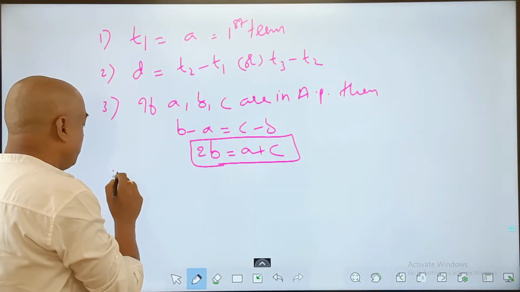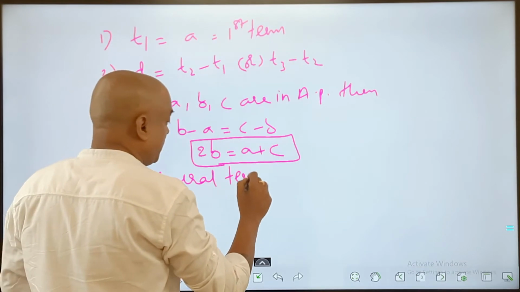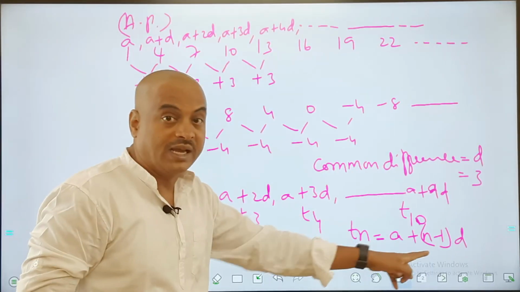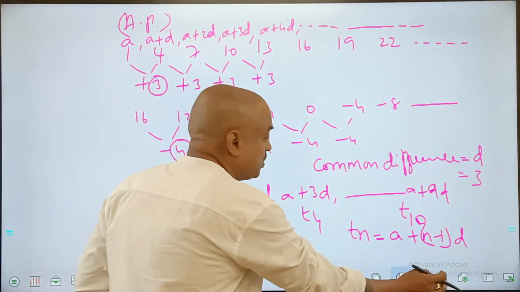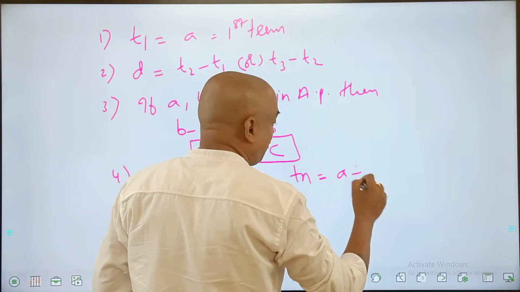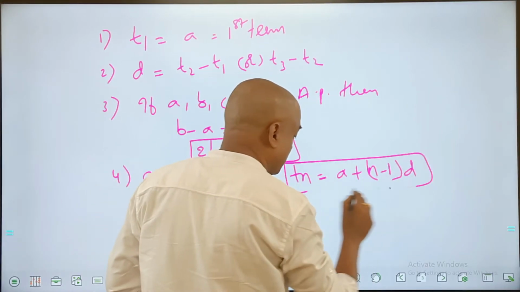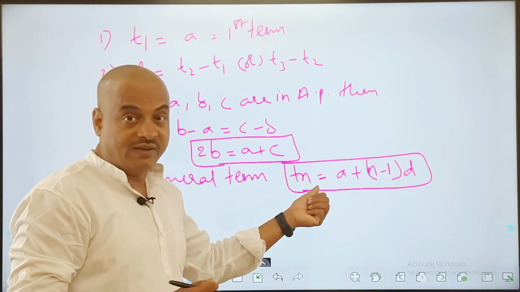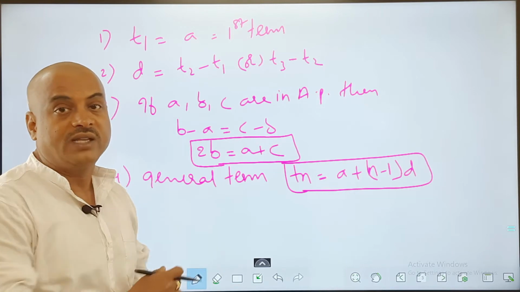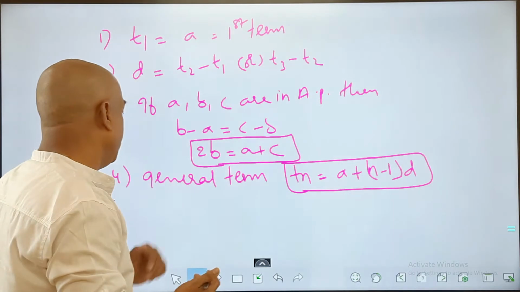Okay. Now point number 4, friends, general term. As we discussed in the previous slide what a general term is, this is said to be the general term, the nth term, which we generally call it. So if I don't know the term number, then Tn is equal to a plus n minus 1 into d, which is said to be a general term. That means if I place the n value as 11, I can find the 11th term. If I place the n value as 15, I can find the 15th term. Any term I can always find with the help of this.